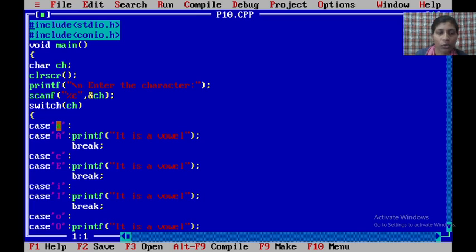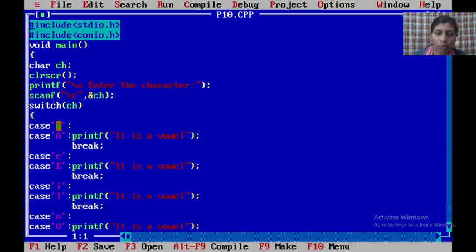within single quotes, because if you want to write any single alphabet or single character, the format is always single quotes. If you want to write any particular word, meaning a combination of letters, that is called a string. The format to write a string is double quotes. So if you want to use any single alphabet or single character, you always write it in single quotes. See here, in single quotes I have written capital A or small a.